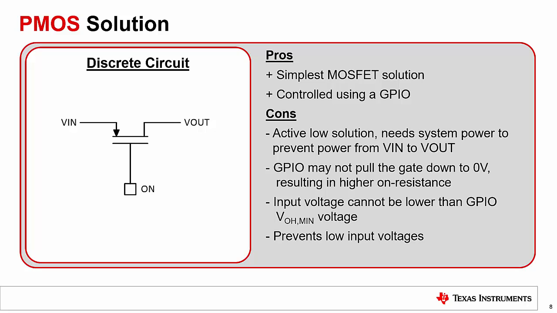If there is variation in the GPIO signal, then a digital low output can be closer to 200 or 300 millivolts, resulting in non-ideal performance for the solution. This also makes using lower voltages with the solution very difficult. Vin cannot be lower than the turn-on threshold for the MOSFET, so any voltages lower than that threshold prevent the system from being able to turn on.